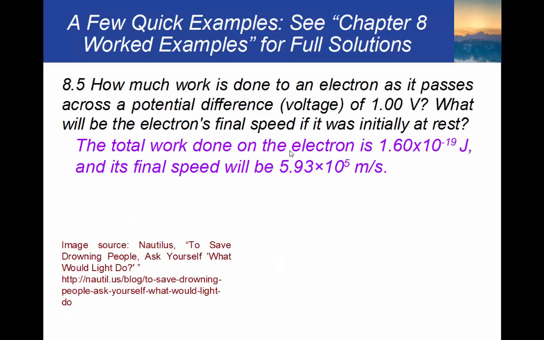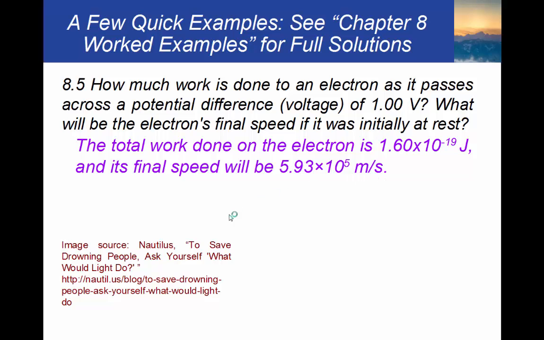So that's the total amount of work that's going to be done to an electron, and how fast the electron will be moving after it's moved across a voltage drop of 1 volt. And of course we need to round it off to 3 significant figures, so that becomes